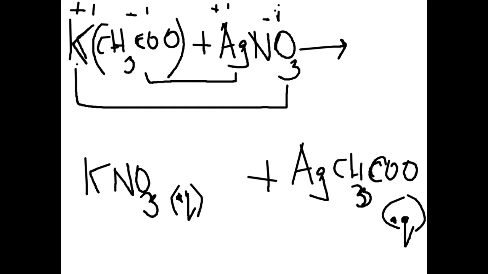Very tricky, I know. Soluble is AQ, insoluble is S, the solid. Yes, they can be two aqueous. Everybody got this, please? So now we move on to